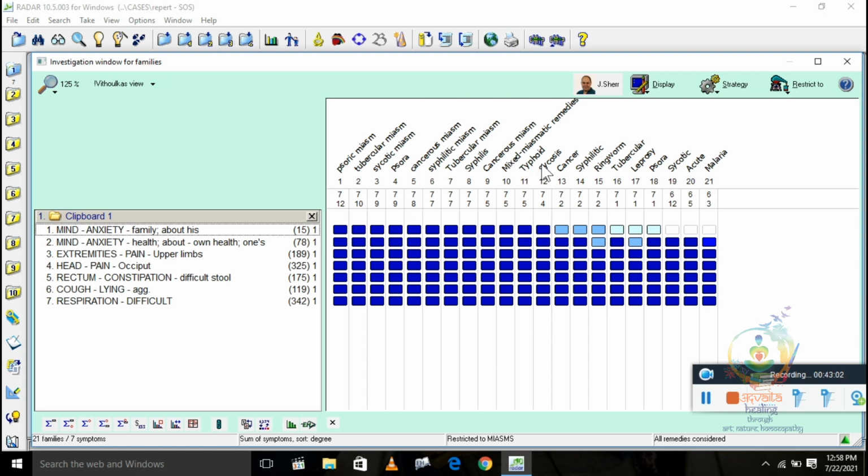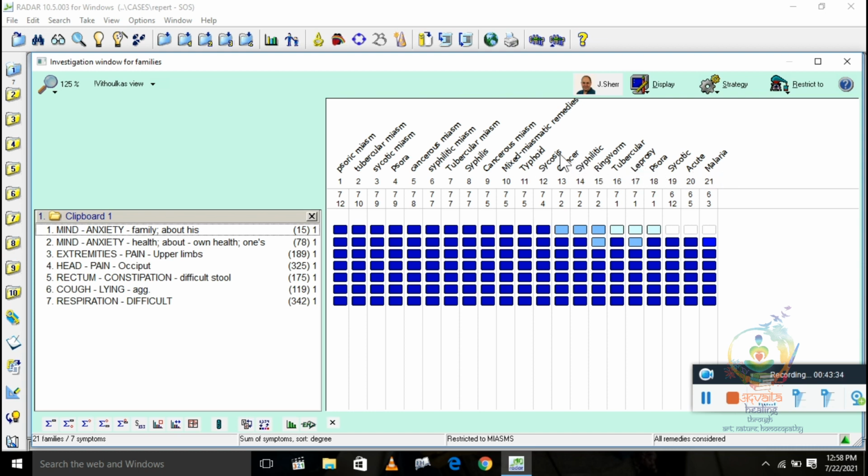Then typhoid, psychosis, okay. This psychosis to tubercular, these are by collected sources, whatever sources they have found for miasm. But I generally prefer this one, cancer to malaria. This is the classification by Dr. Shankaran. Dr. Shankaran has confirmed the miasm of particular remedies, and this classification is according to that.